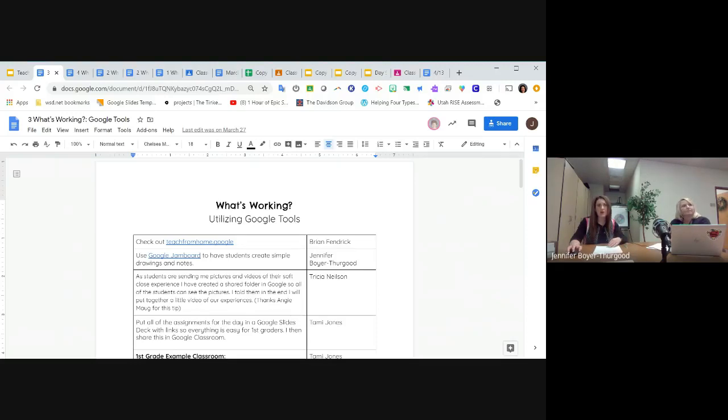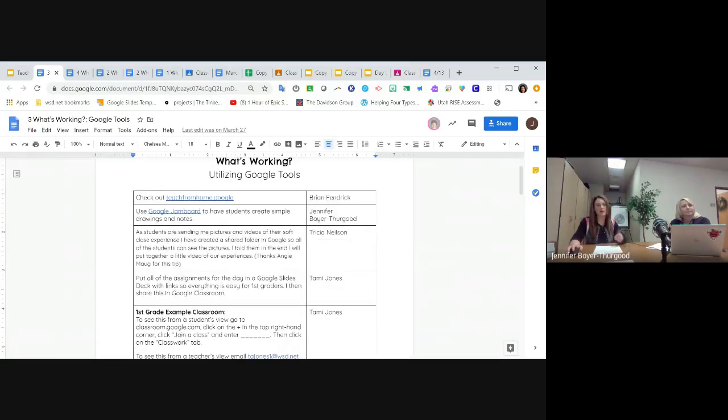Another example, there is a tool called Seesaw that is not approved in our district. It's not approved by tech. It's not approved by curriculum. It has some cool things about it. So one of the cool things in it is it gives kids a drawing space, and they can draw with these really cool drawing tools, and they can add some audio to their drawing. Well, Google Jamboard does the same thing. So it's just looking for the Google tools that do the thing you want to do, right? Figuring out what Google tool does that.